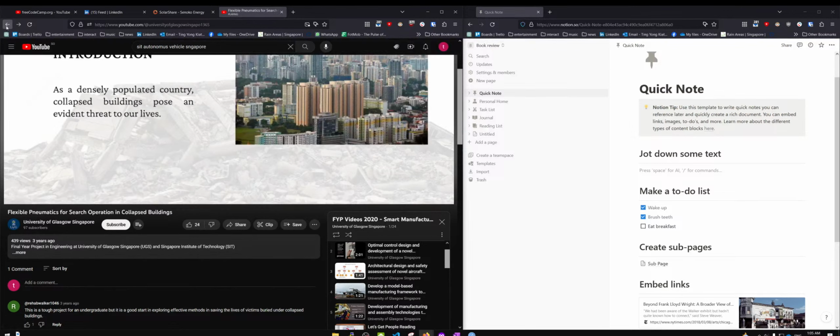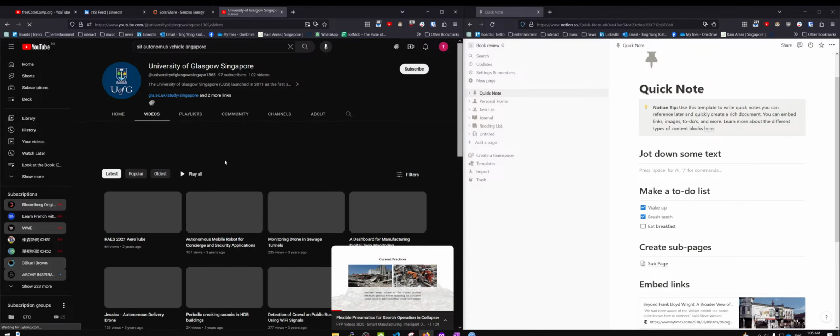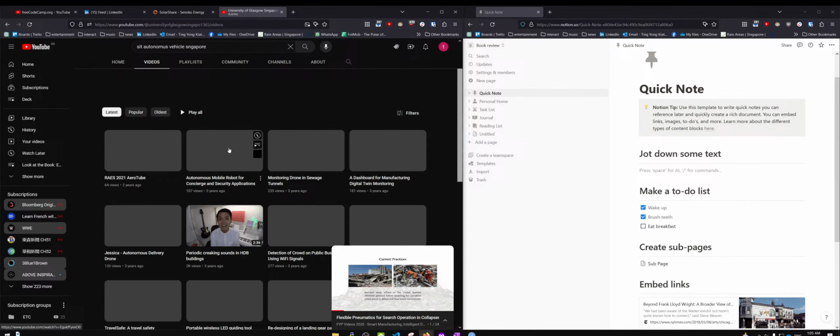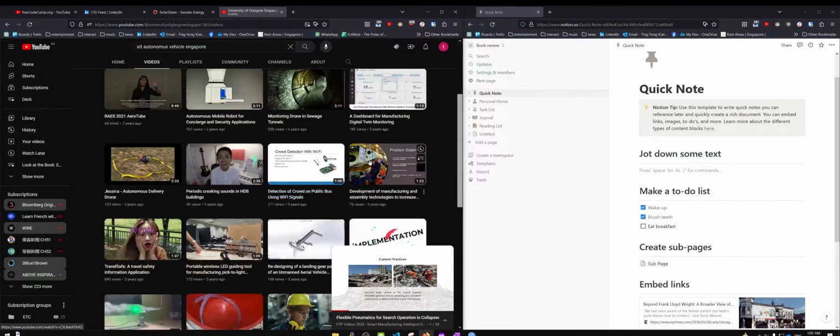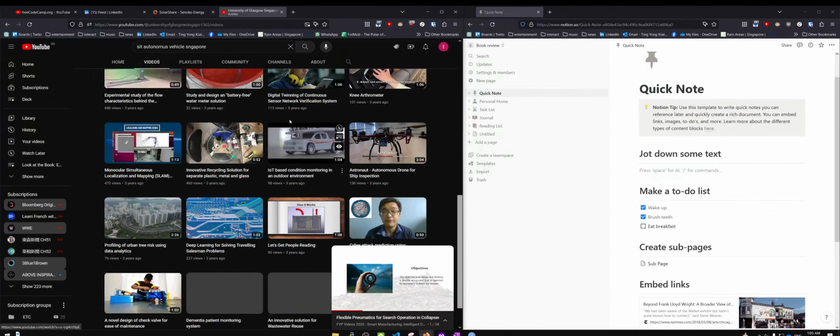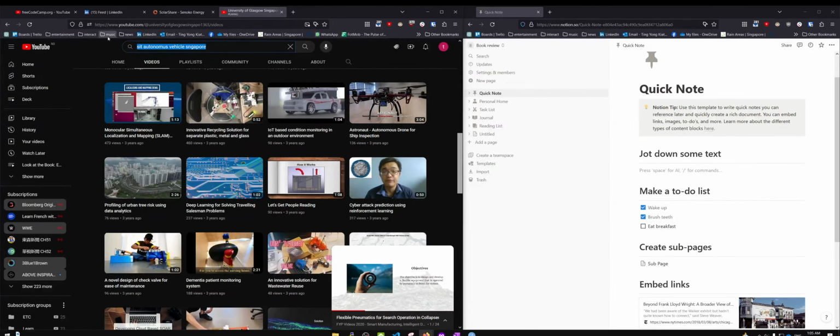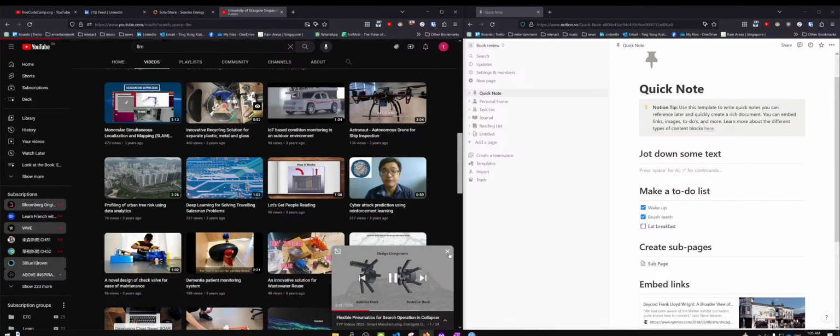As a densely populated country, collapsed buildings pose an evident threat to our lives. Rescuers must adhere to the United Nations INSARAG protocol before searching for casualties, which results in delays and thus a lower survival rate. Victim detection devices are employed into voids that are inaccessible to rescue personnel, to seek for survivors. The objective is to design and develop a flexible equipment that is operated by pneumatics to detect for victims. The interior